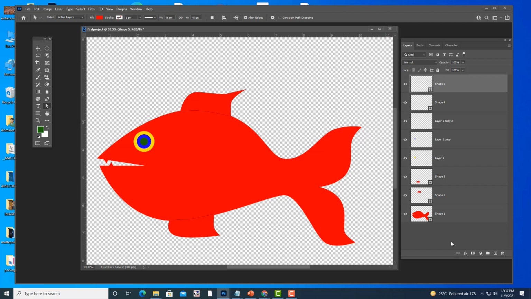I will create one last and final shape, and after that I will give you one assignment on this pen tool. Okay, so this shape, if any of you who is using the pen tool for the first time can create this shape perfectly, then definitely you are a genius, because whoever is learning the pen tool for the first time, if they can grasp it quickly, then definitely it is a very good thing.